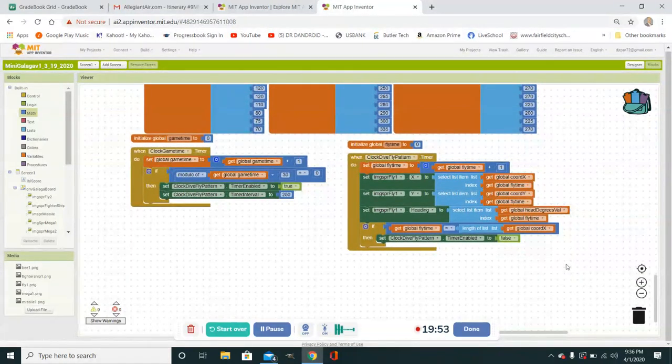I hope you've learned by now that you have to put your thoughts down on engineering design paper. A lot of people are submitting Mini Galaga. That's fine. Please submit it with pictures. Take your phone out and take a picture of your engineering design paper, take a picture of your GUI, take a picture of your code blocks, including the number of blocks that you have. And it'd be great for you to send in a small video of it working. And now we could actually see the bee or the fly dive bombing, and submit that in an email with the 5 things you learned to me at